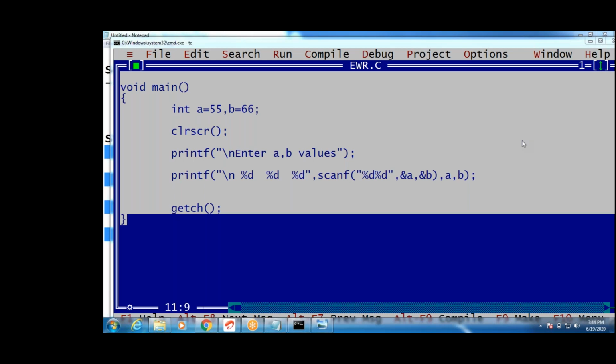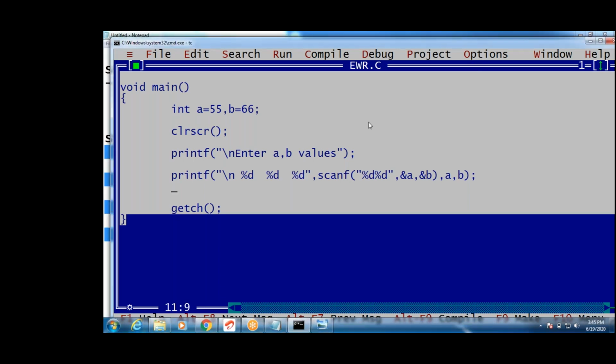I told you, right, which percentile will be executed first. This one. First, what is this? First B value printing. Next, A value printing. Right to left, right? This is A value printing. Third one is what? Scanf will be executed. Okay. First B value printing, next A value printing, then modifying. B, A, next modifying.